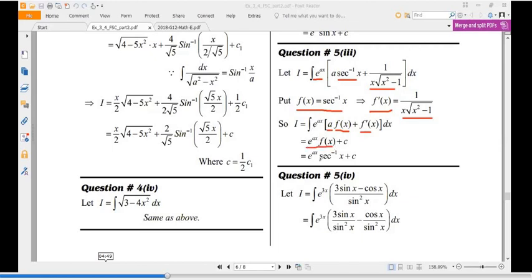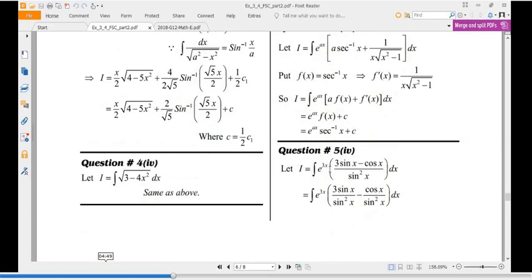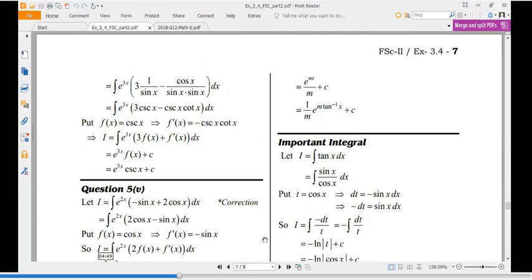और एफ ऑफ एक्स की वैल्यू हमें वापस पुट कर देंगे 3x इंटू 3 साइन एक्स माइनस कॉस एक्स डिवाइडेड बाय साइन स्क्वायर एक्स। हम ये काम कर लेते हैं साइन स्क्वायर एक्स को डिवाइड कर लेते हैं 3 साइन एक्स माइनस कॉस एक्स से, दोनों से हमने इसे डिवाइड कर लिया है अलग अलग। तो हम यहाँ पहुंच गए तो इससे कैंसिल हो जाएंगे कुछ, अच्छा जो कैंसिल होने के बाद हमारे पास बचा 1 ओवर साइन एक्स माइनस कॉस एक्स डिवाइडेड बाय साइन स्क्वायर एक्स था तो उसको हमने ब्रेक करके लिख लिया साइन एक्स इंटू साइन एक्स। तो 1 ओवर साइन एक्स किसके इक्वल होता है कोसिकेंट एक्स, और कॉस ओवर साइन एक्स इक्वल हो जाएगा कॉट एक्स इंटू डी ऑफ एक्स।